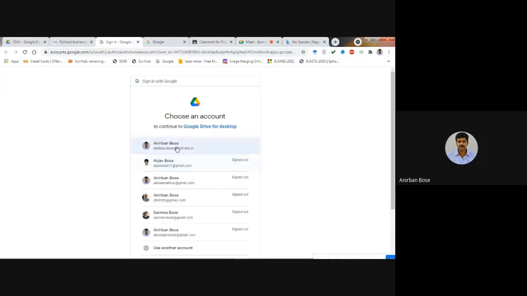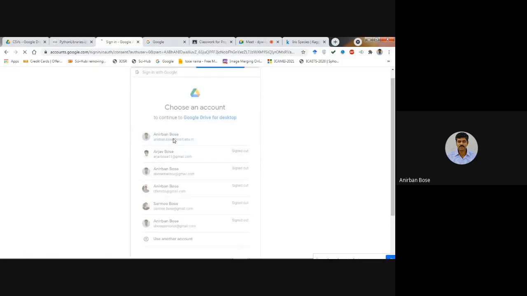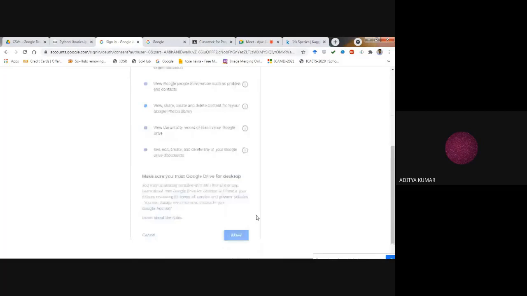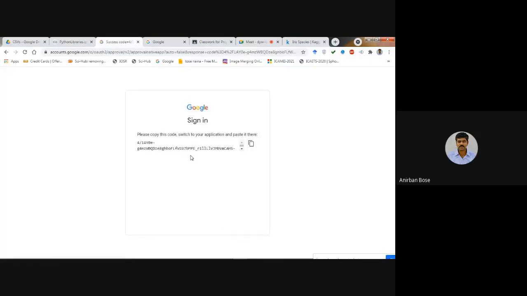Then it will ask for sign in. So sign in with the same mail ID where you have saved in your drive, and allow, and then you will get one particular code.